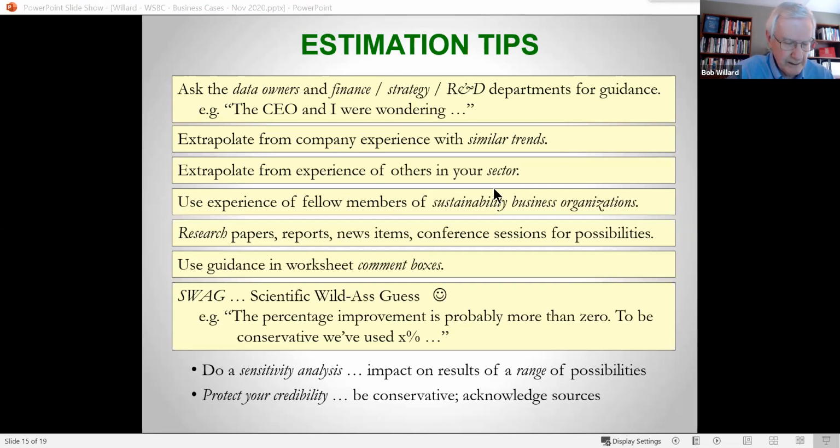And the first point is you get them from the people that know what this is all about. So talk to the data owners. If you're talking about something that's going to help operations, talk to the operations manager. Finance has a lot of data, so does strategy. If you've got a research and development department, they may have a lot of the information, but you need to be able to get approval from them to use the data. And many of these folks are not exactly open with sharing information, even with other people inside the company, none of your business. So what you need to have is a little bit of a door opener